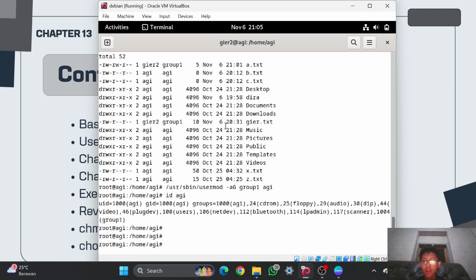So right now the AGI and then GR2 have a permission to modify this file.